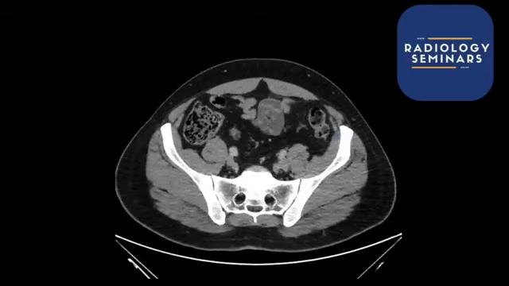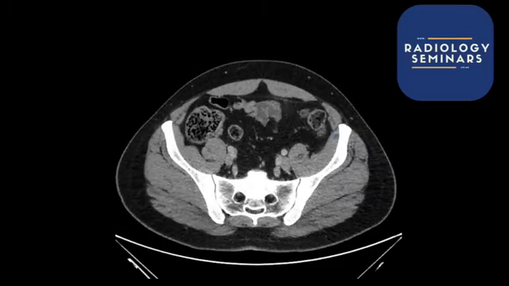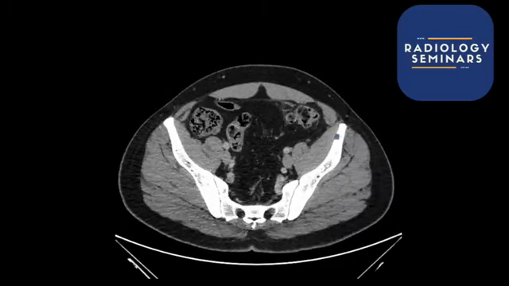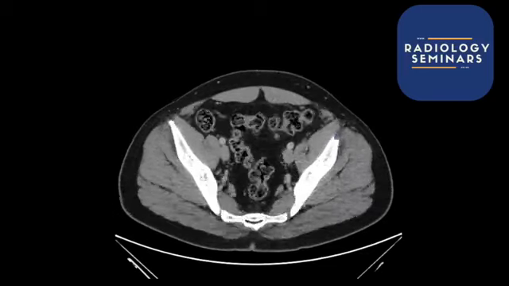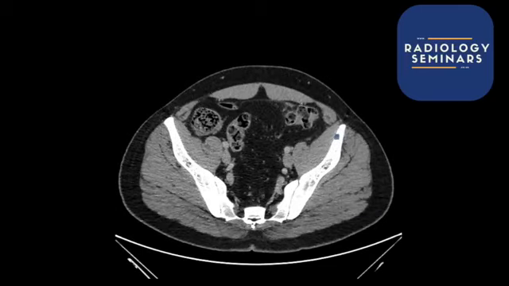Has anyone seen it? So I'm going to come down to this slice over here. Let's see if I can get it. There you go. So this slice here, this is where the pathology is at, and this is where I'll tell you what the symptoms were. It was left iliac fossa pain, and they were thinking it could be diverticulitis. So I will give you guys 30 seconds starting now